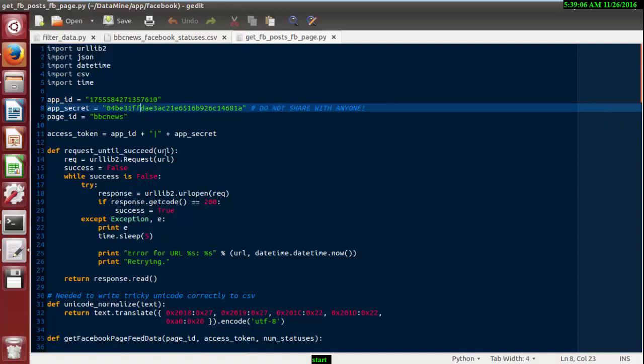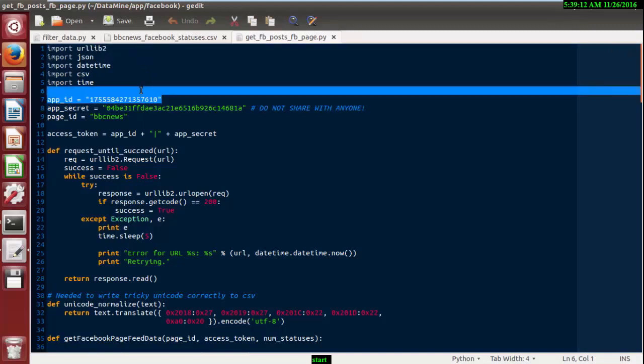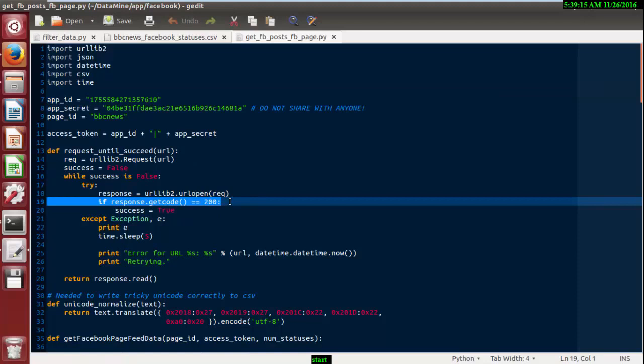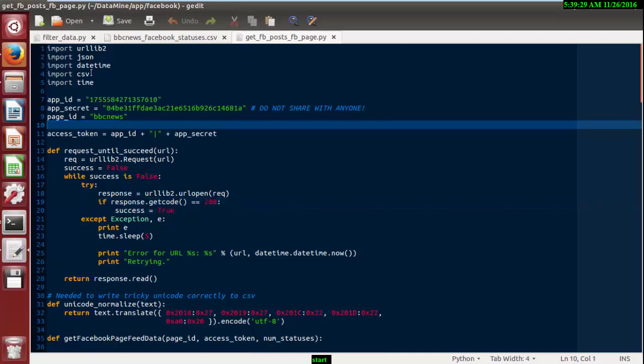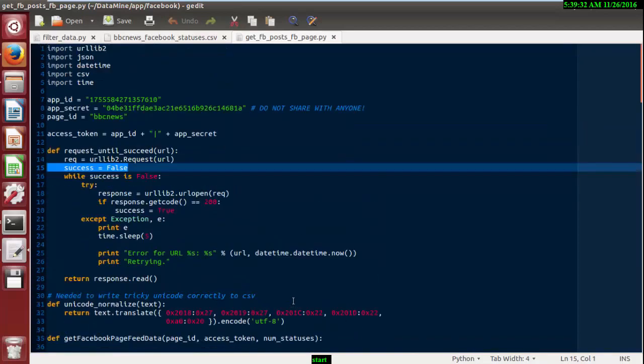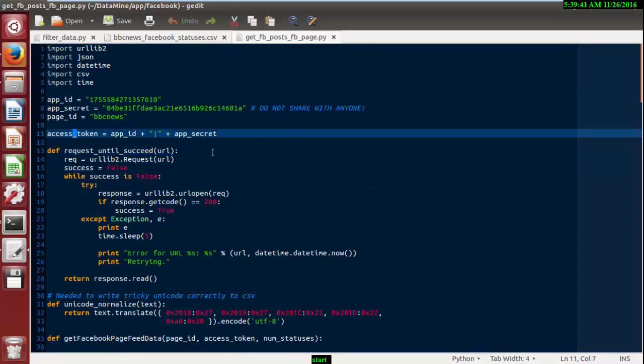So that's our script. This library you need. In this case, whatever data is fetched will be displayed in JSON format, and in a CSV file. Without wasting any time, I'm going to explain briefly these lines. Every ID, every token you fetch is fed in the access token. This is the request utility function.